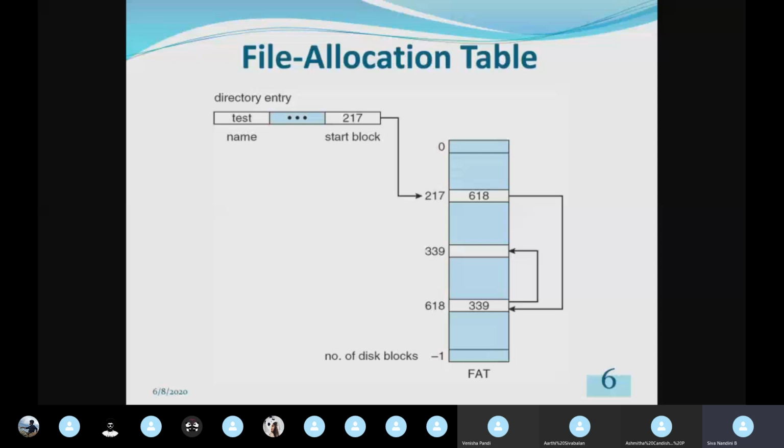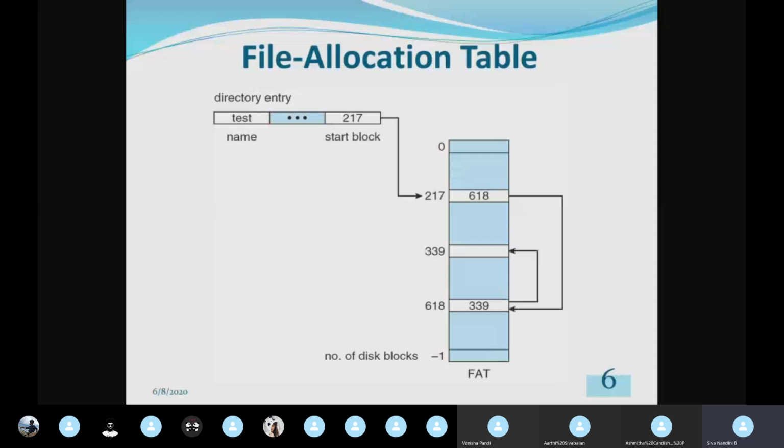If you see, the pointer to the next logical block is 618. So after accessing the content of 217, it will go to 618. The 618 will get accessed, and it has a pointer to the next logical block. The next logical block is 339 in this case. So this 339 content will be accessed. This 339 is the last logical block of this file.